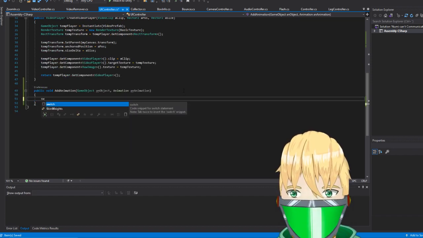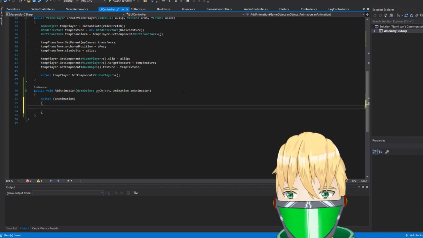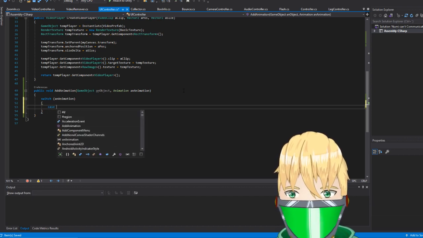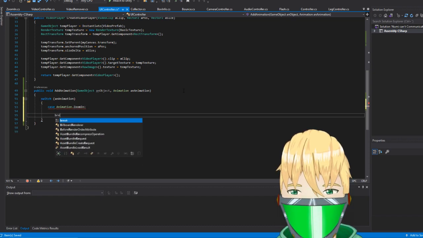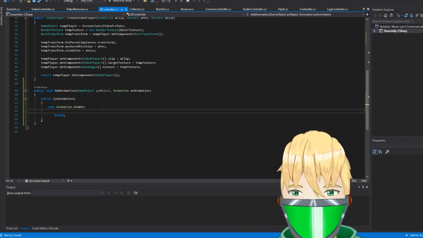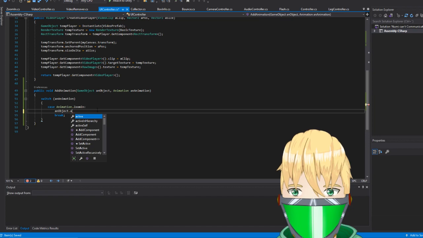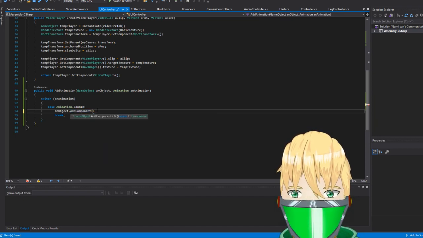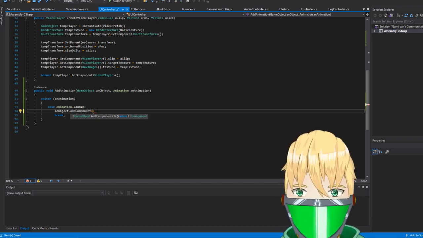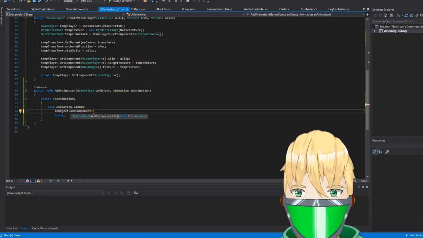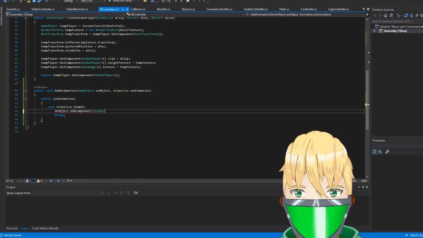I want a switch here, which takes in an animation. Just catches all the cases. So if we have like case animation dot zoom in, pretty much, I want a break here. And then what this is gonna do is an object dot... how do you add the component? Add component. Okay, it's that easy. Just add the component. Why did I not think of that? So we take this and we add the zoom in script here.